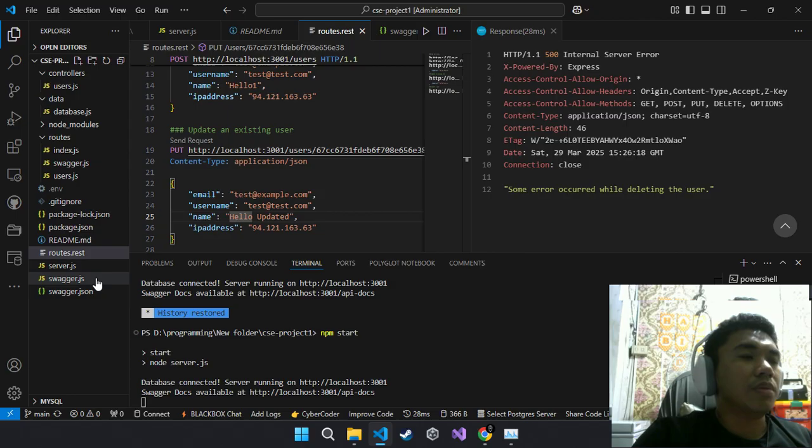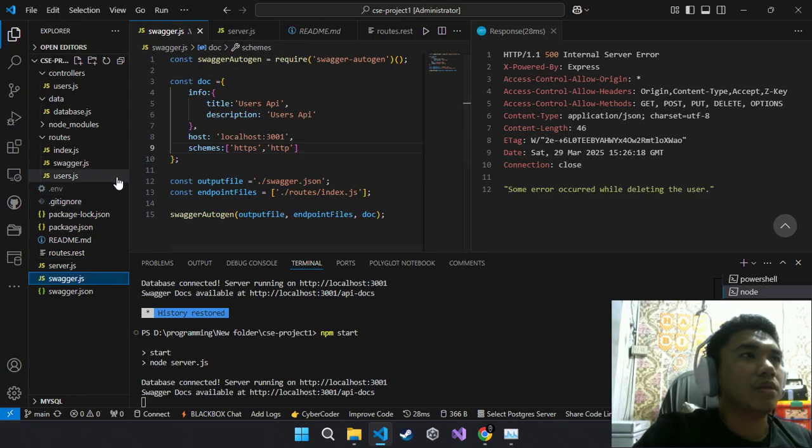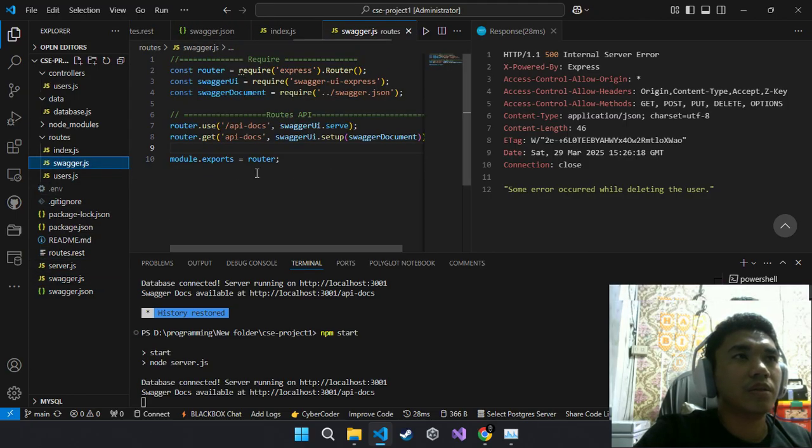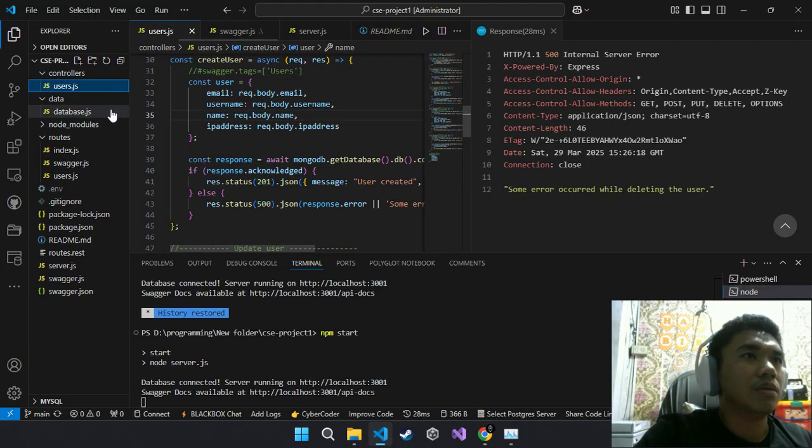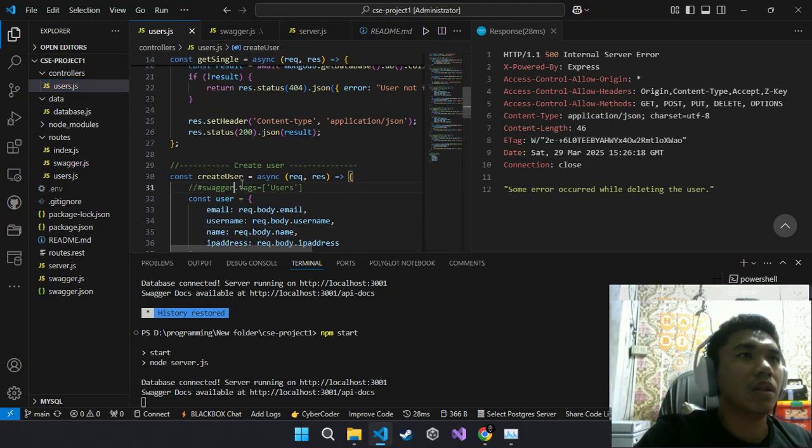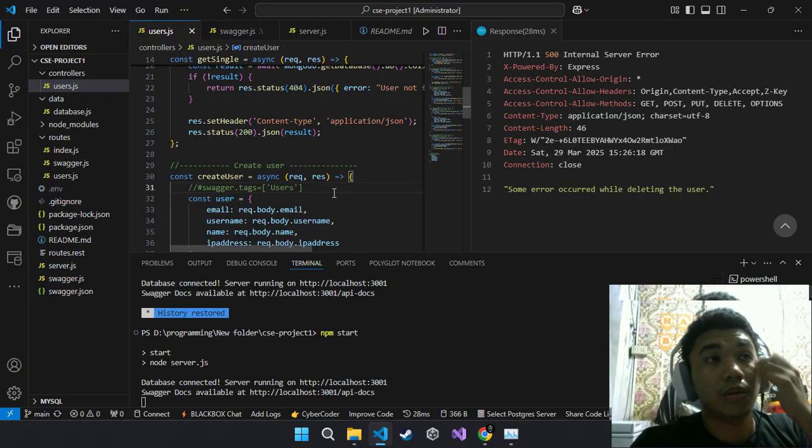So here is the Swagger, the second part of the coding. As you can see, the tag Swagger. In the first place, I removed it and it will not show up.